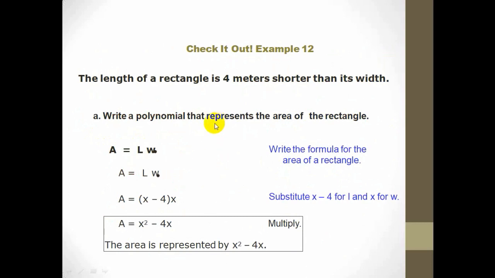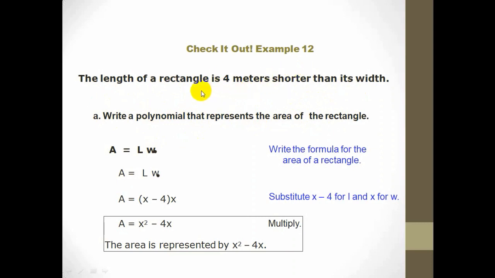Now the length of a rectangle is 4 meters shorter than its width. Write a polynomial that represents the area of the rectangle. Actually, in this example